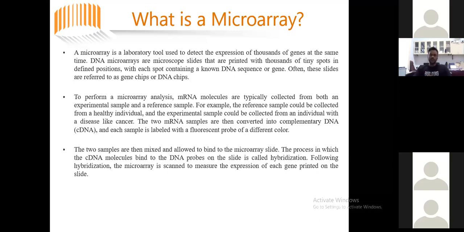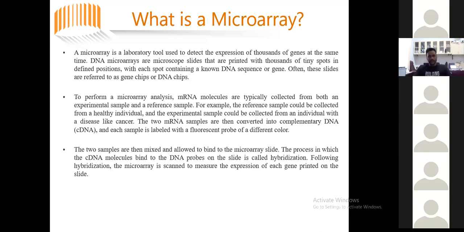Basically, these spots contain single-stranded DNA molecules, which can be short oligonucleotide sequences or the complete genome sequence of an organism. The technique relies on the hybridization methodology, where we extract the total mRNA content of an organism from two different conditions.